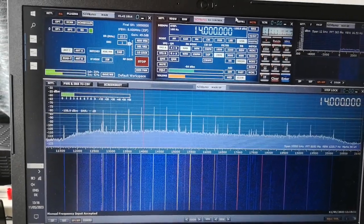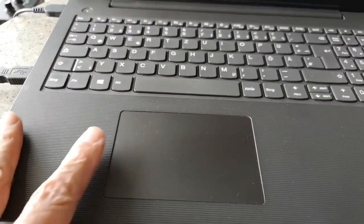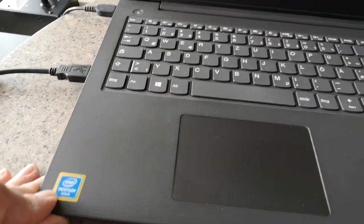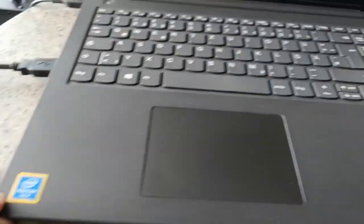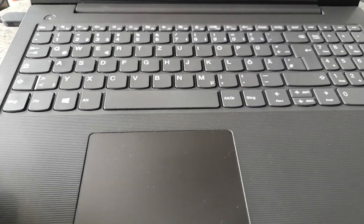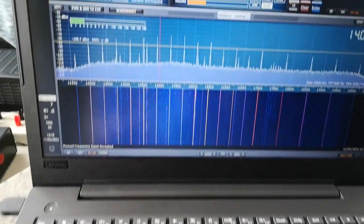So, something else I can demonstrate maybe is if I touch the touchpad on this computer, and this is a plastic computer, it's a cheap Lenovo laptop from the V series. It's very flexible and flimsy. I'm surprised the circuit board doesn't crack when you pick it up. It's really flimsy and not very well shielded at all compared to the ThinkPads, which have solid magnesium or aluminium chassis underneath. And when I touch the trackpad, you may be able to see, or I can certainly turn up